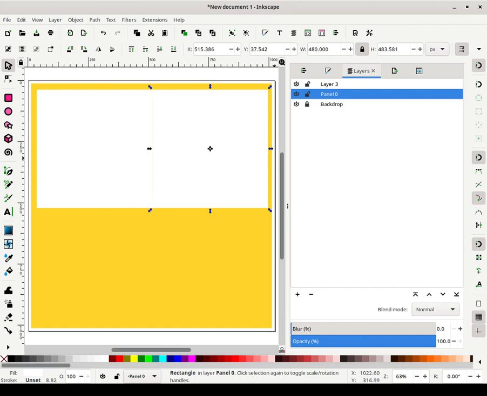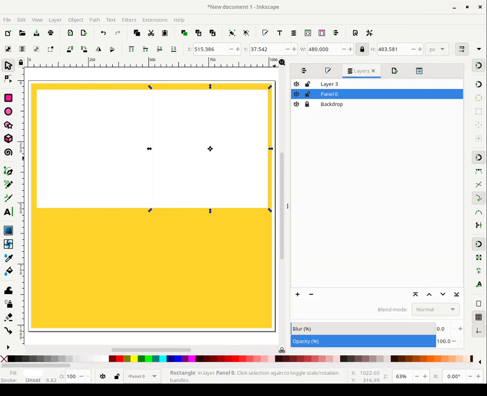Now I like to show you all this process because design isn't always a straightforward matter of just jumping in and knowing what you're going to do. You have to do some playing around sometimes, some trial and error before you get things figured out sometimes. So that's what was happening there.